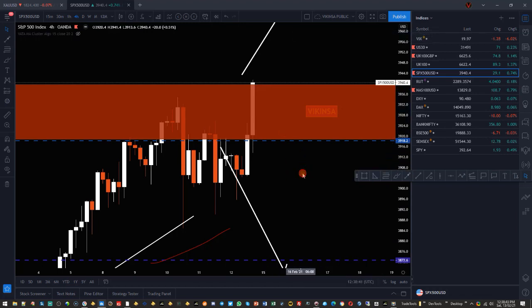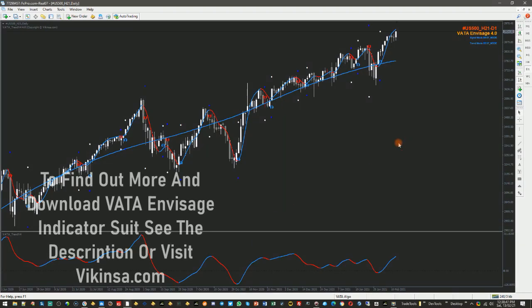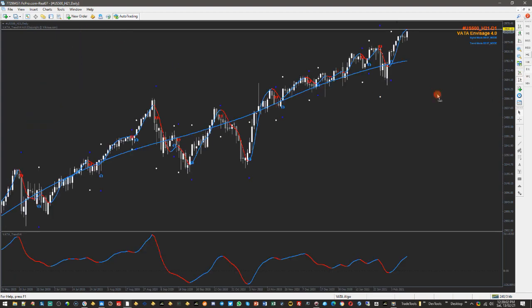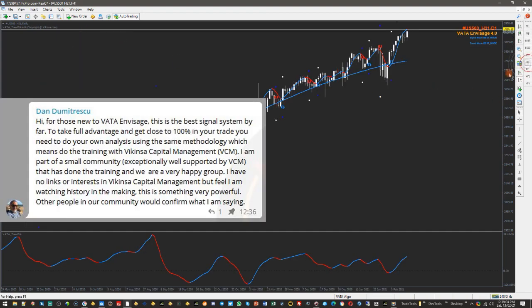on S&P 500. Let's look at it on what I envisage as well. So this is the next level that I'm looking for. This is 3946 because that's where the water wave is. And then if I go to the weekly time frame, which is obviously a little bit higher than this one, and if I go to the daily, this is what it is. And if I go to the 4-hour,